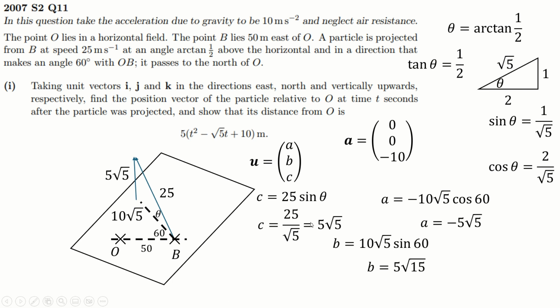Where do we get our position vector from? Well, at this point, we just need to think, okay, it's moving with a speed of minus 5 root 5 every t seconds. So, well, that's a speed. So obviously speed equals distance over time. Speed times time is distance. So I'm just going to need to do minus 5 root 5 t, except of course we're doing this relative to O, from O. So of course it'll start 50 away